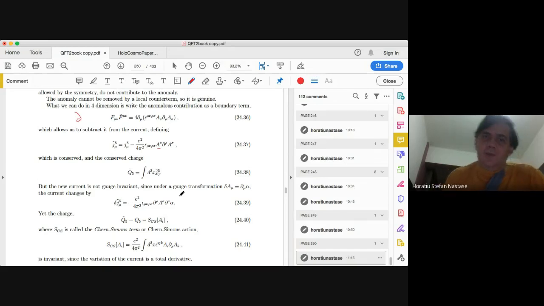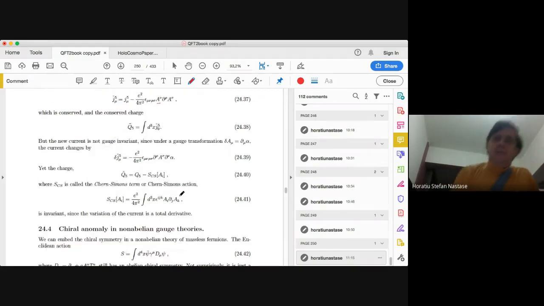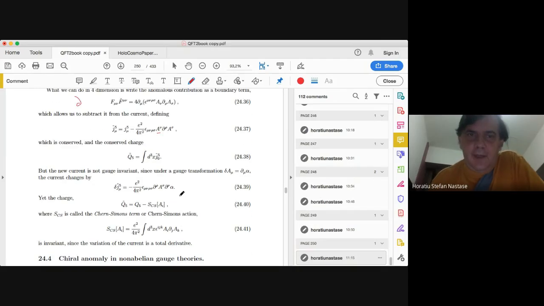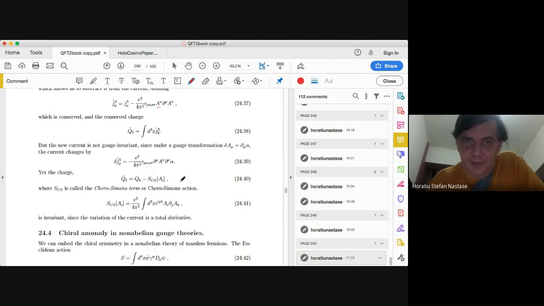Okay, so this sounds like a trick, and it is in a sense kind of a trick, because what does it mean to have a conserved current that is not gauge invariant? But the interesting thing is that now the charge itself, the charge coming from this current,